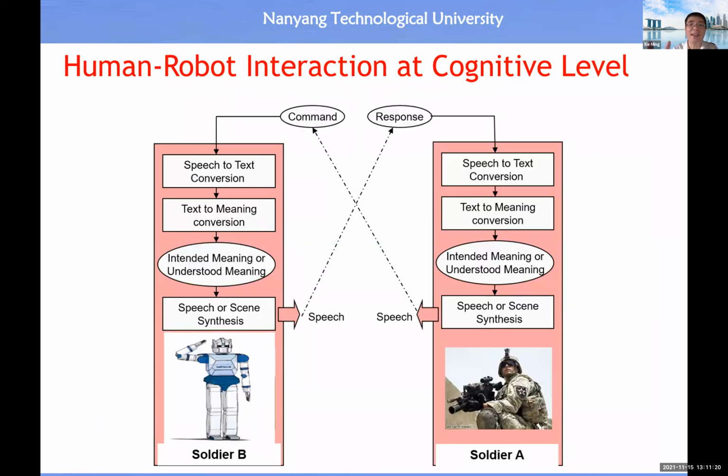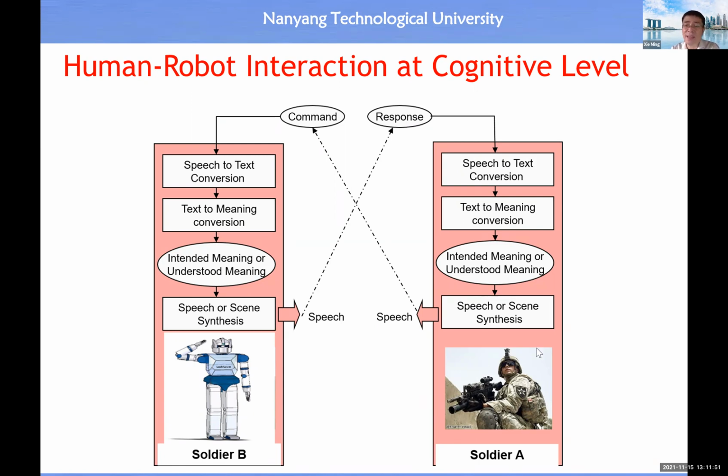And this slide shows you why there is still a challenge for us to achieve human-robot interaction at the cognitive level. For example, if we want to achieve or realize this scenario of human-robot interaction with the use of human language, or spoken language, you will